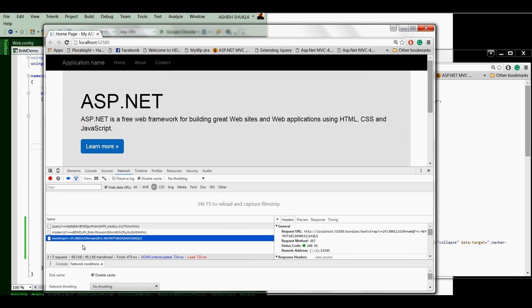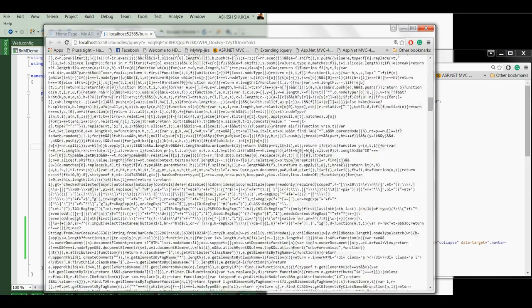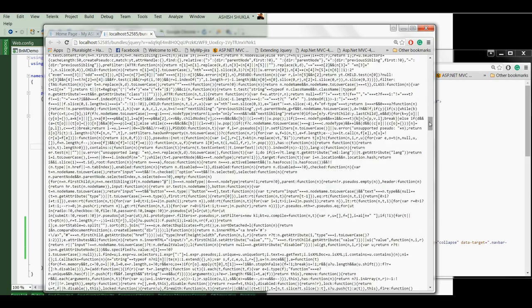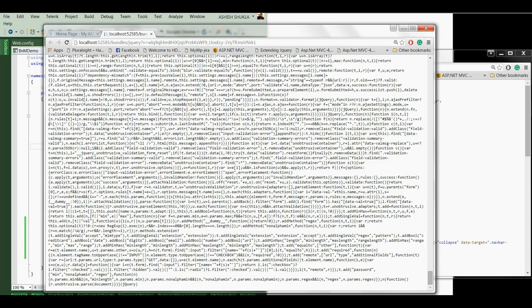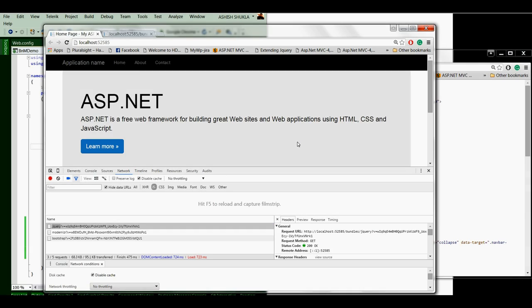If we go to the bundle, we can simply double click on this, and we can see that in this bundle/jQuery I have a combined file of jQuery and jQuery validate.js, and this file is also minified. We can see how bundling and minification is helpful in improving the performance.